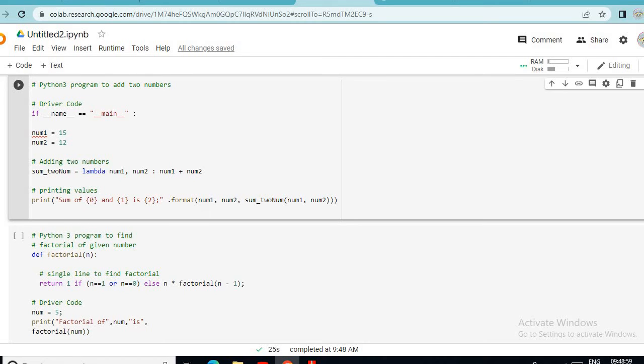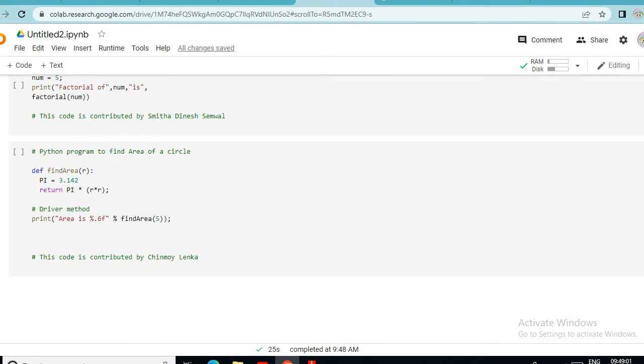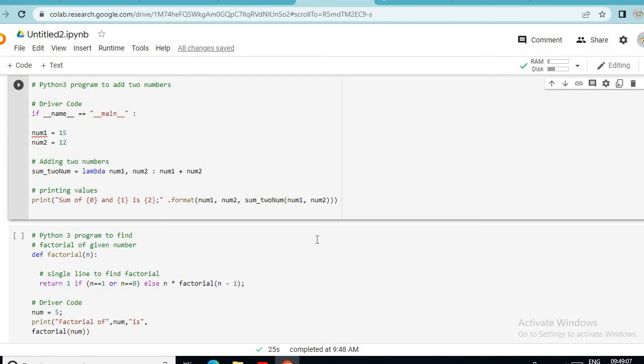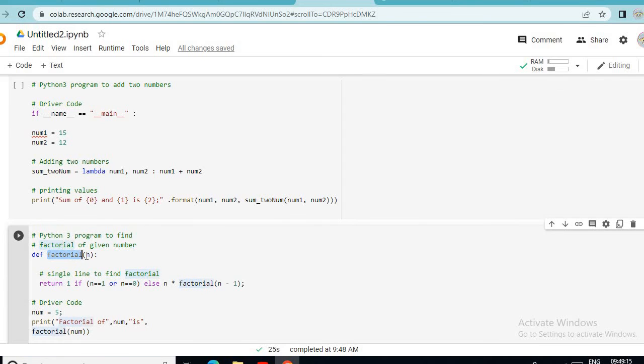Okay, we'll take one more example which is related to the factorial of a number. How to find the factorial of a number? For that, a factorial function is there inside Python. So I have taken factorial in brackets n, that means I want to find the factorial of n.